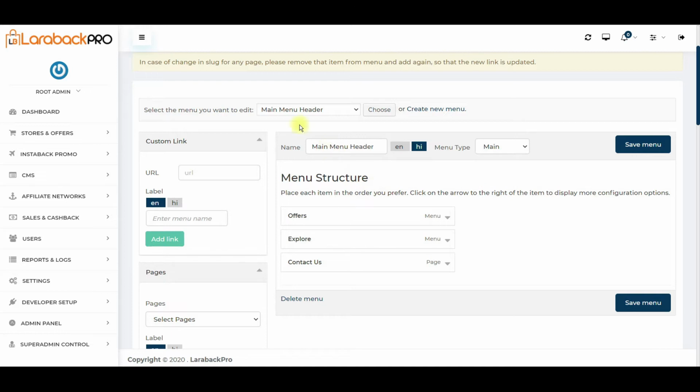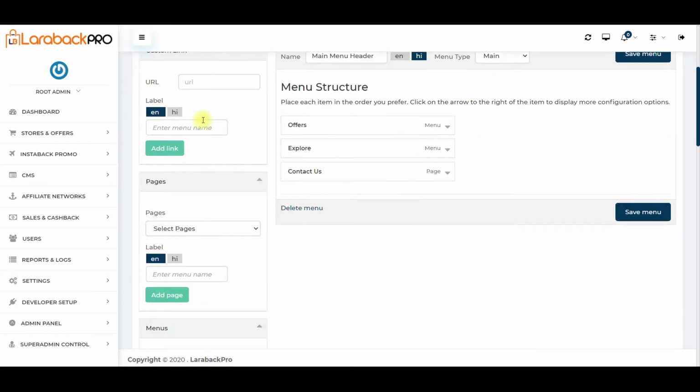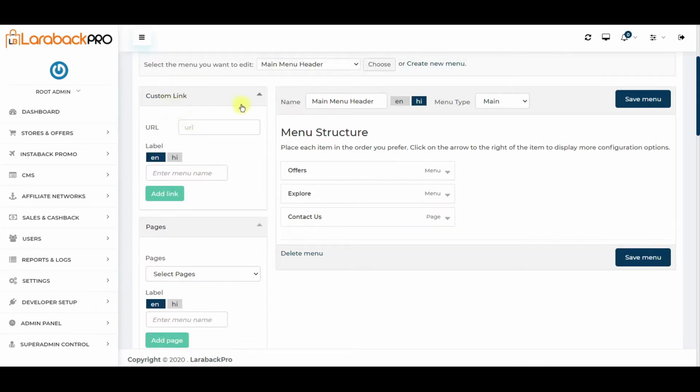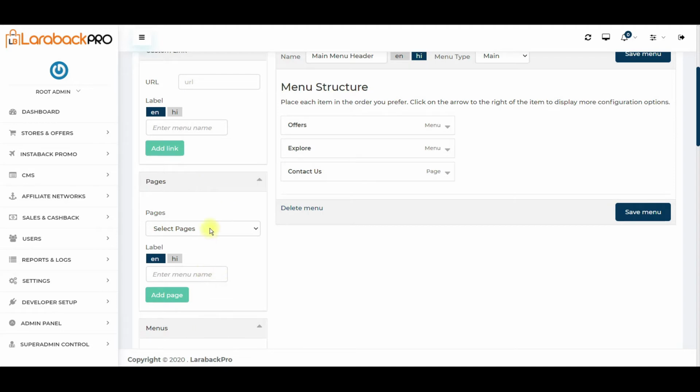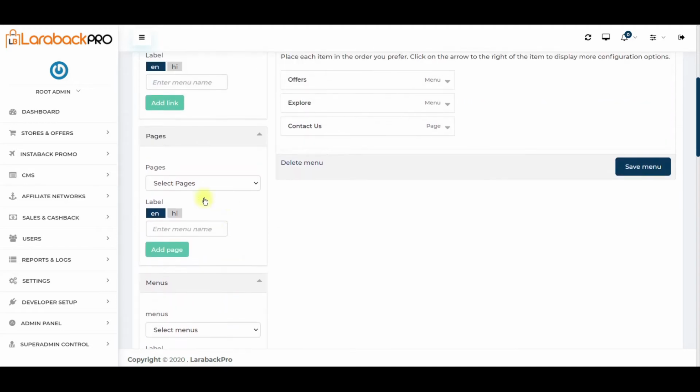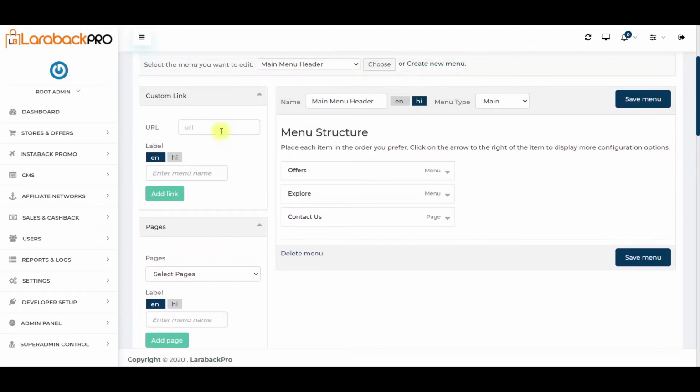So let's see how to configure the main header menu bar. For configurations, there are several options available. One, you can put the custom link. Custom link is required when any of these URL available dynamically, not possible. So in that case, you can put custom link. For example, you want to link say blog, and blog is outside your cashback website. So you can put your custom link here and enter the label name that will be showing up